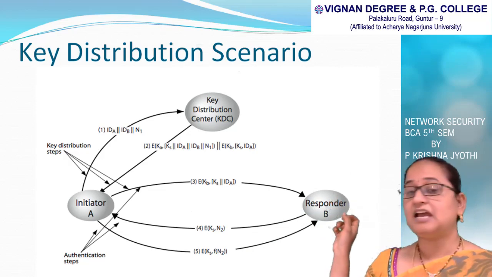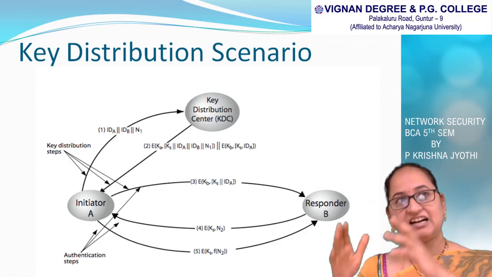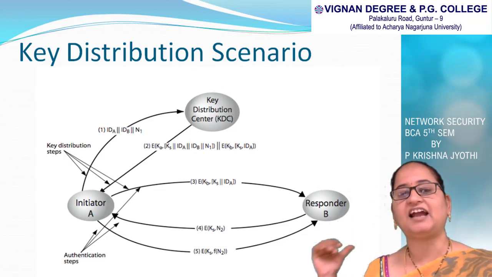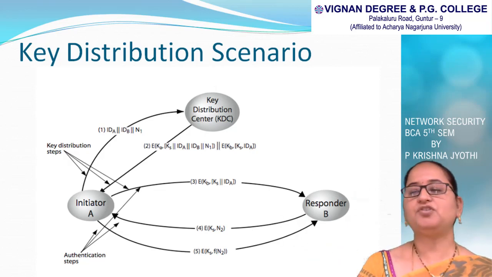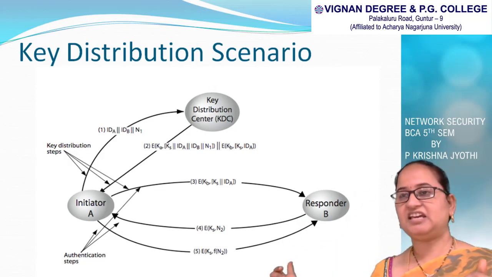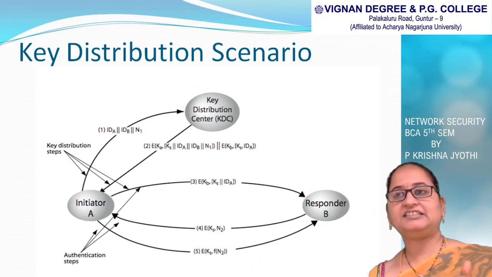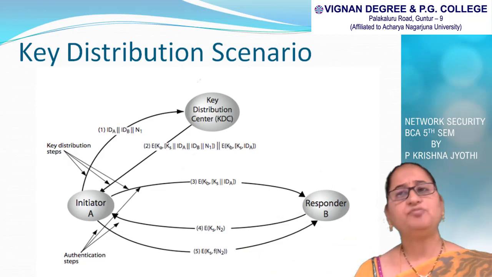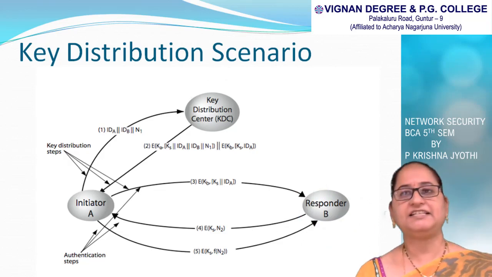What does A pick? A picks that E, KB, KS. Concatenation operation means that it joins those two messages and identifies them. Similarly, next B responds to A by using the EKS session key and placing the timestamp. Like this, the communication is done between A and B. If B wants to communicate, similarly B also follows A's method.